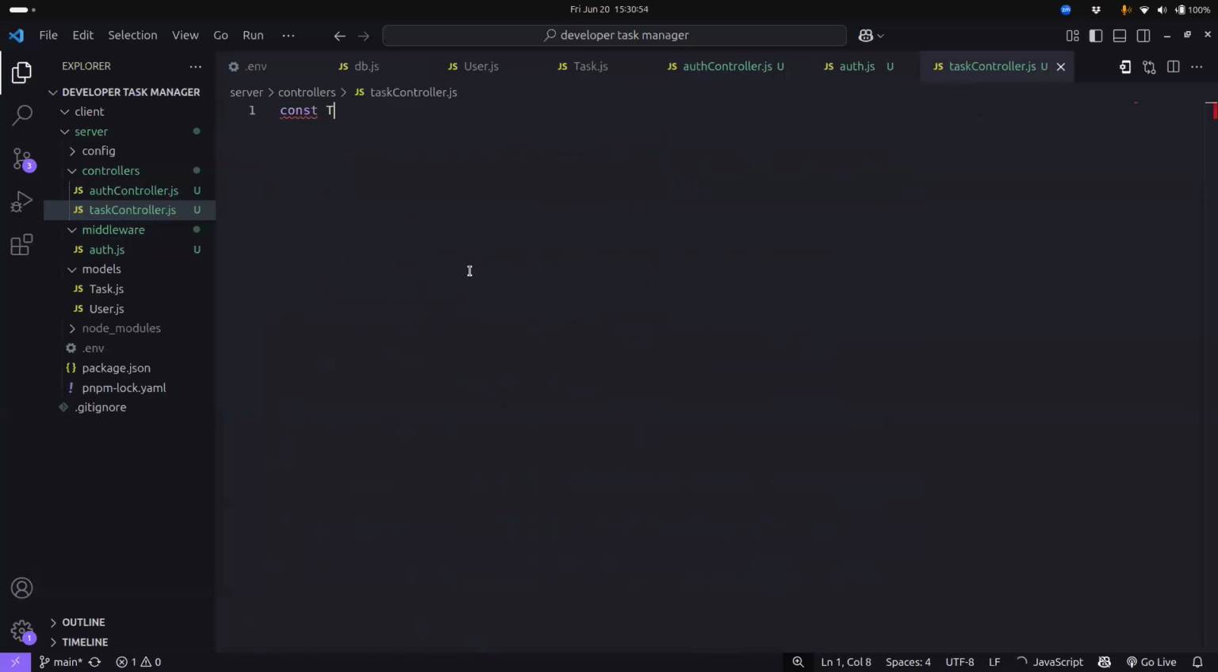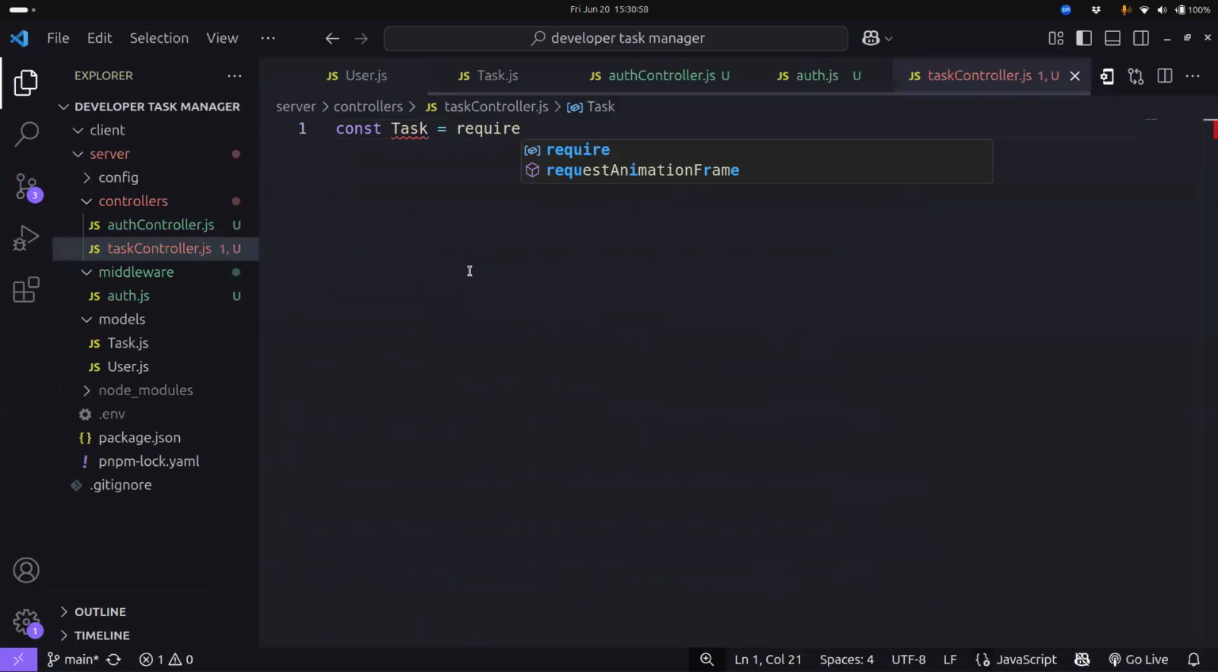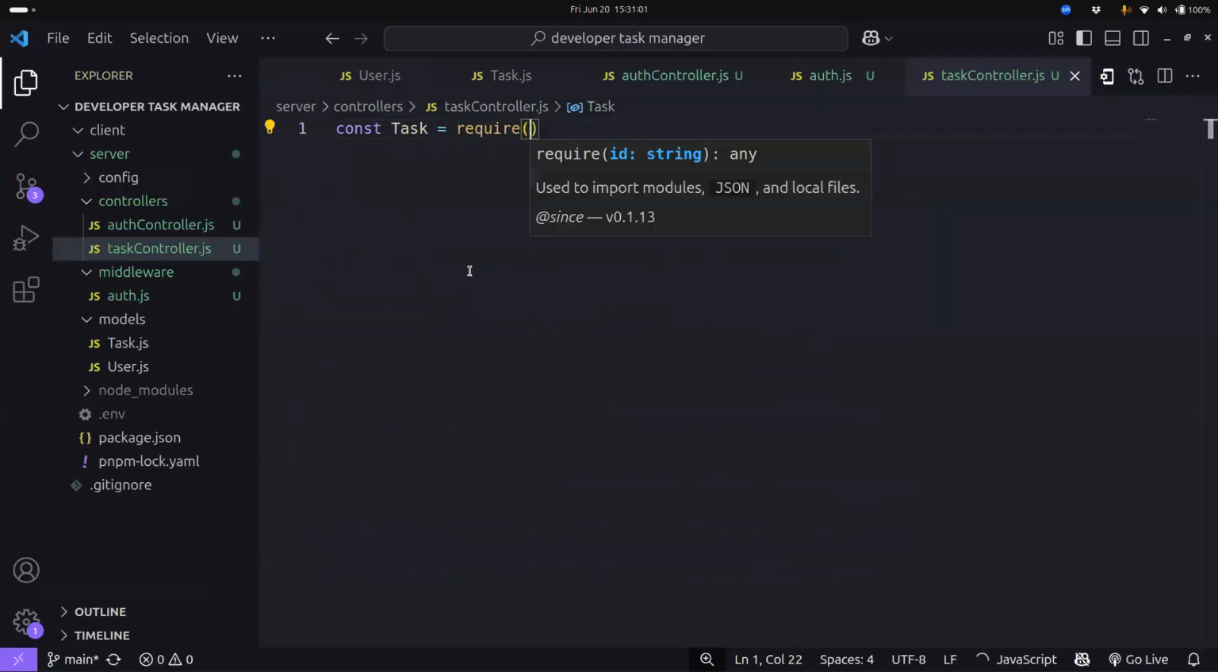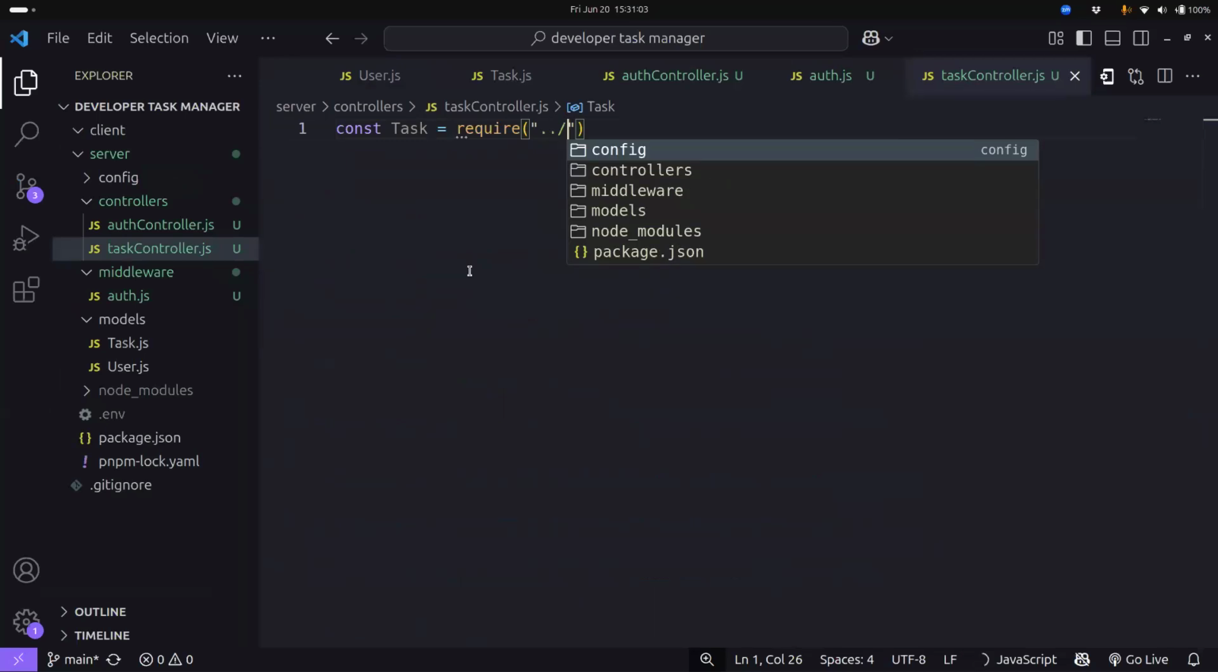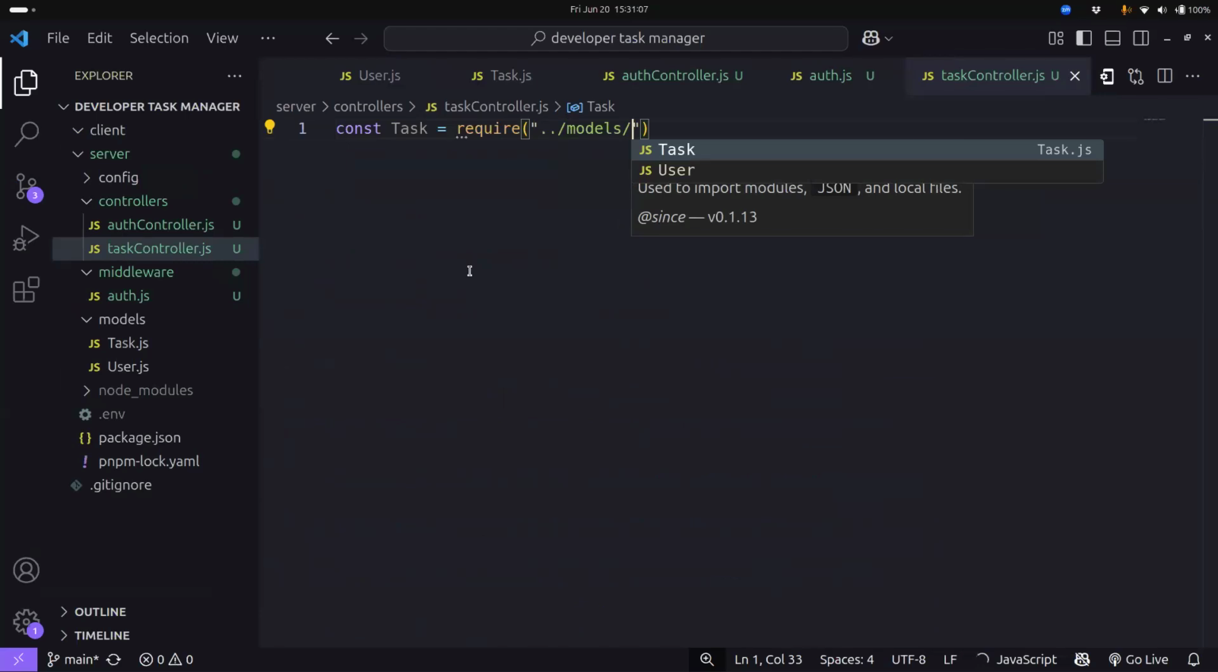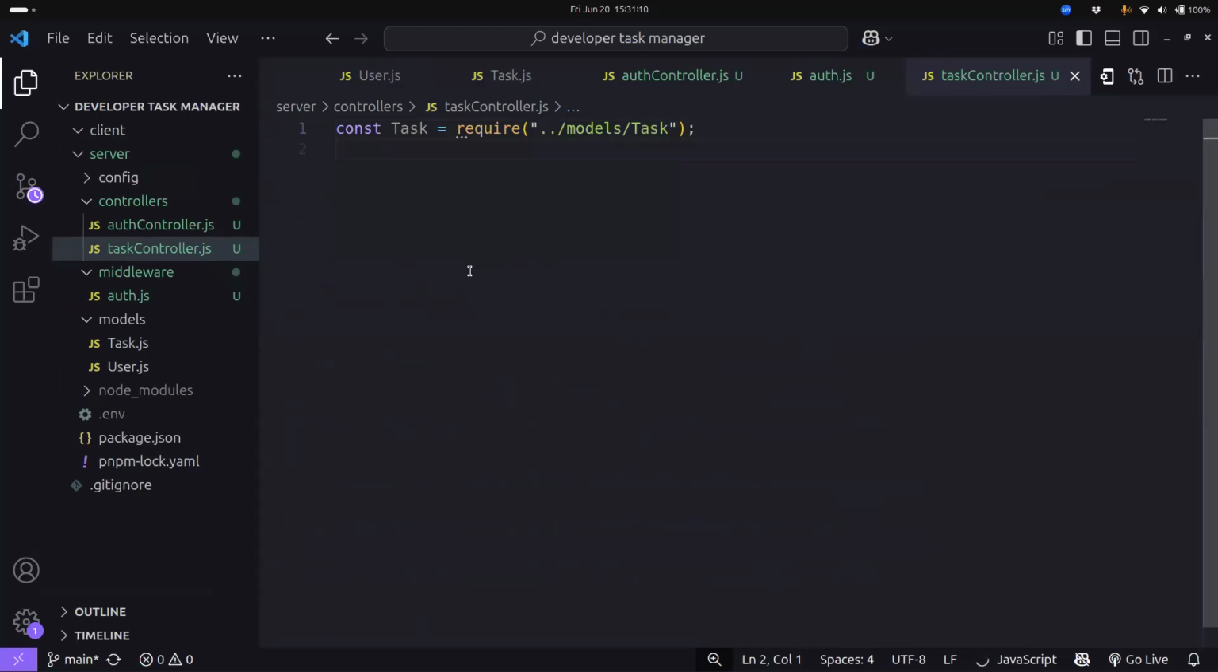So const task, require, let me zoom in, require what? Two steps, models, task, finished. Now we come and say we start with the post. So the post is going to be what? So we just provide an endpoint which is around tasks. So we want to post our tasks. So we come and say just exports dot create task,